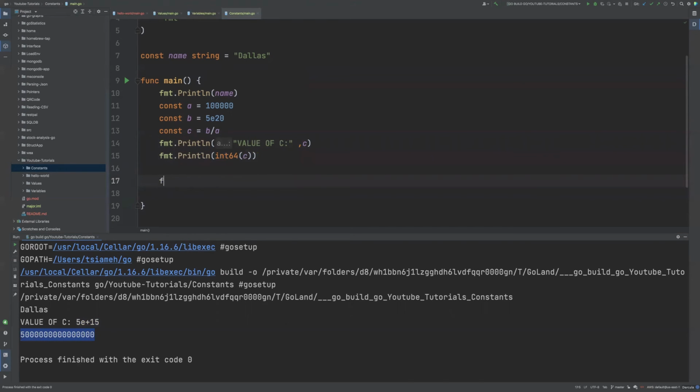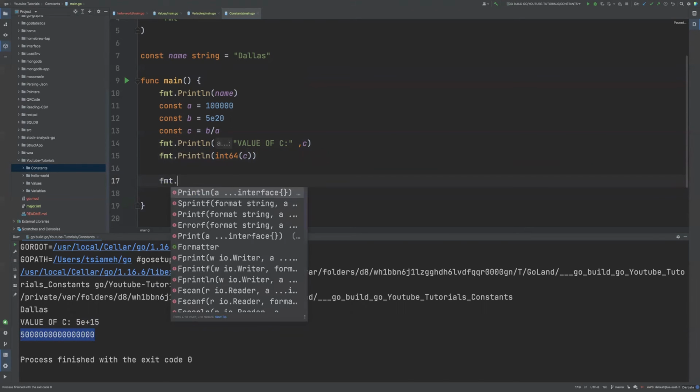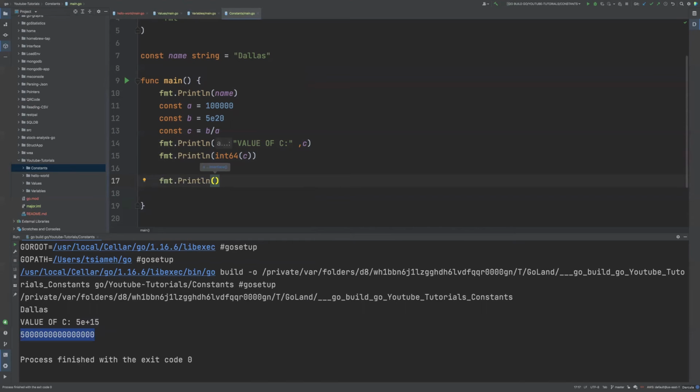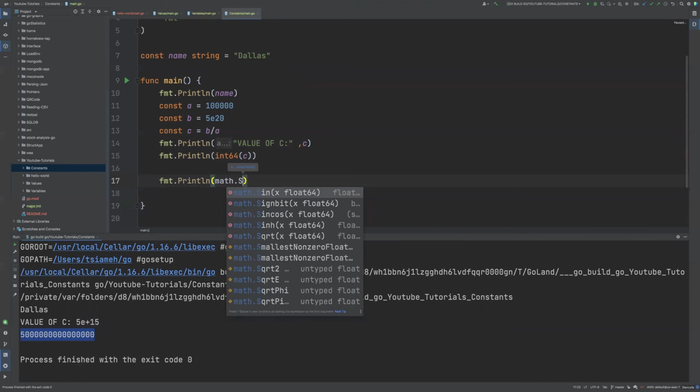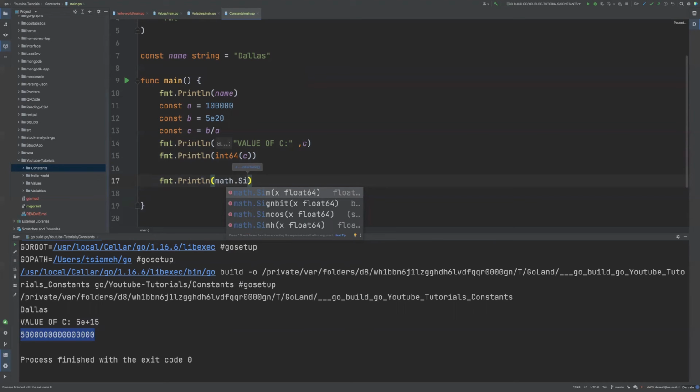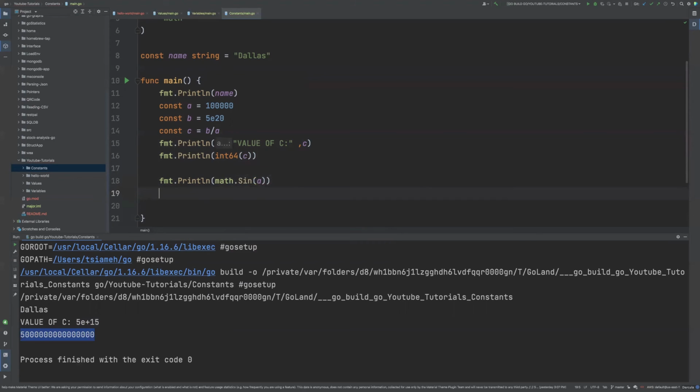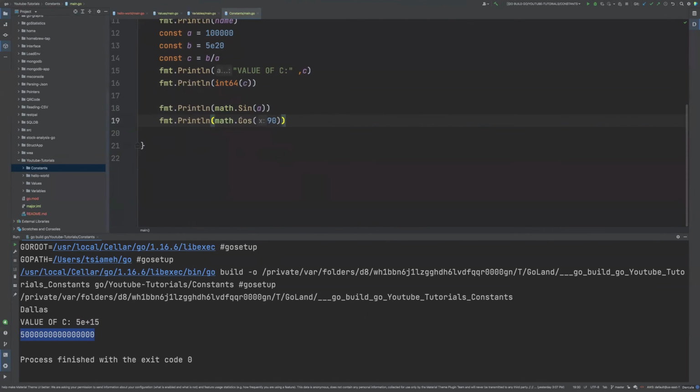So the last thing I want to do is to convert the A to a sine. So I'm going to call math.Sin of A, and then math.Cos of 90. Okay, so if I print this,